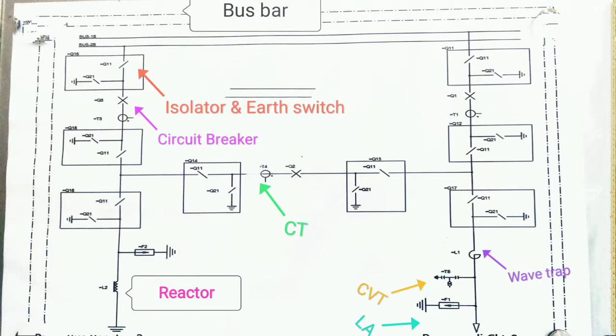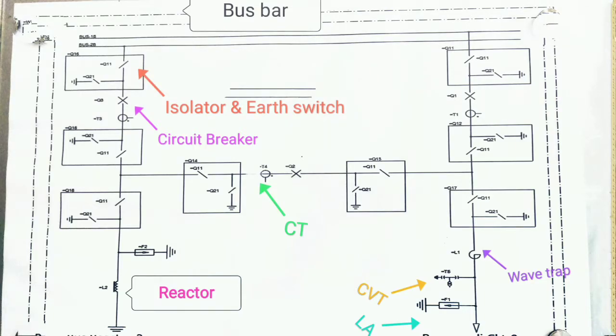As you commonly know, the reactor is used to absorb reactive power or to boost up the line to the other end. In such a way, the reactor is connected with another bus bar, and both the lines are combined together by one tie line. So in this way it makes a full one and half scheme bay. From this we came to know that this is the one and half scheme of our single line diagram.